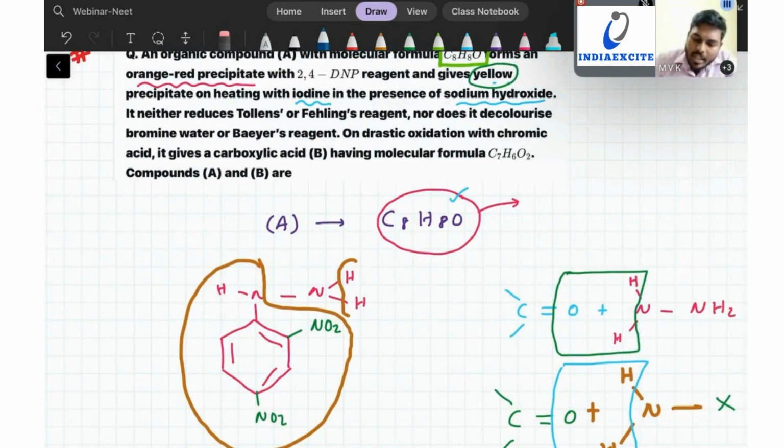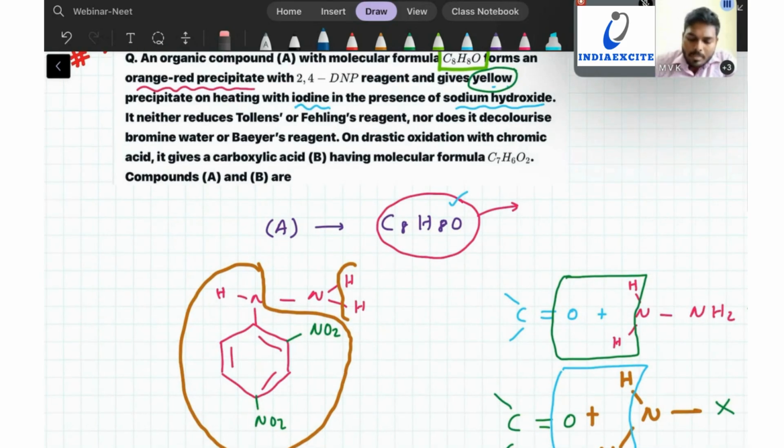They are saying it neither reduces Tollens' nor Fehling's reagent. So what are these tests? For that understanding, we must know what compounds give a positive Tollens' and Fehling's test. Basically, aldehydes, both aliphatic and aromatic, test positive for Tollens' reagent. Ketones don't test positive in both these reagents, because it is very difficult